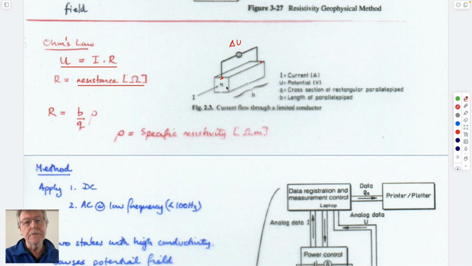If you look at the subsurface, you can treat the subsurface a little bit like Darcy's law. Velocity is equal to hydraulic conductivity times dH/dx,